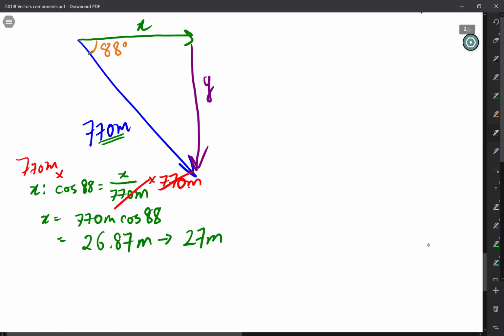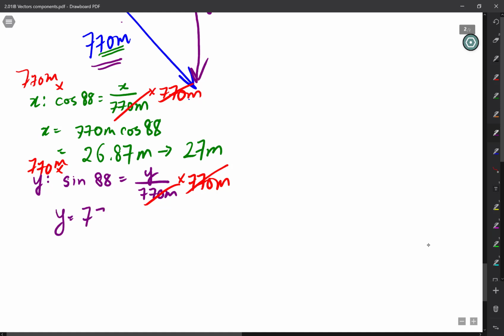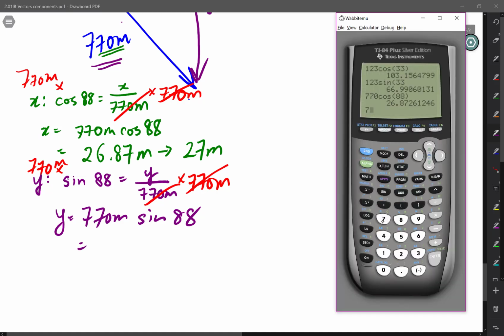For the y direction, or the y component, this is my opposite over my hypotenuse. In SOHCAHTOA, this is sine of 88 equals my opposite, which is y, over my hypotenuse, 770 meters. Then, solving for y, multiplying both sides by my denominator, y equals 770 meters times sine of 88, which gives me